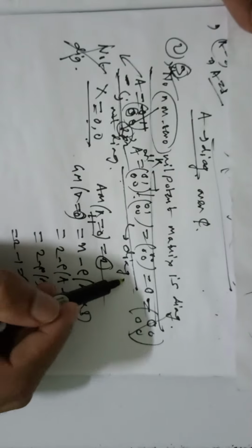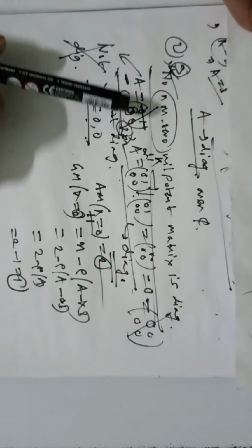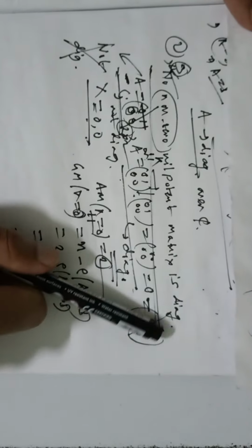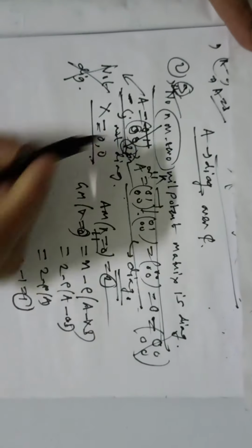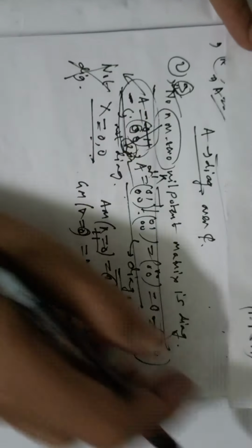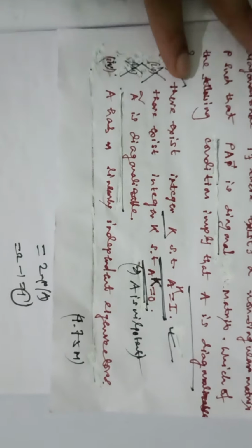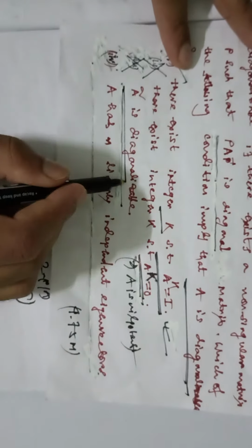If you choose A equal to [[0,1],[0,0]], then A square is the zero matrix, which is diagonal, but A is not diagonal. So if A square is diagonal, then A may not be diagonal. But the reverse is true: if A is diagonal, then A square is always diagonal. Because see, if A is diagonal,